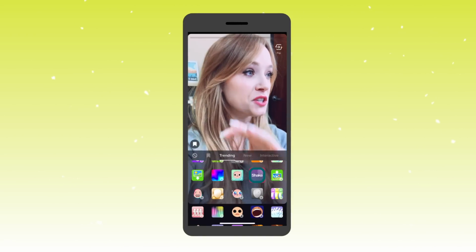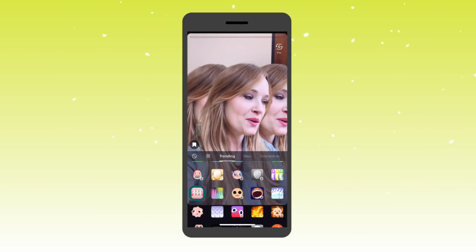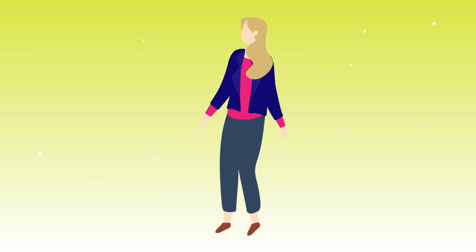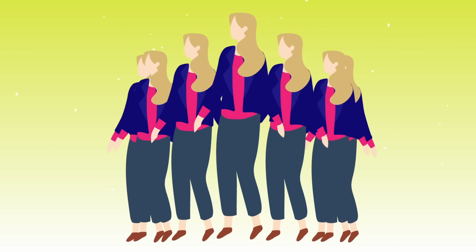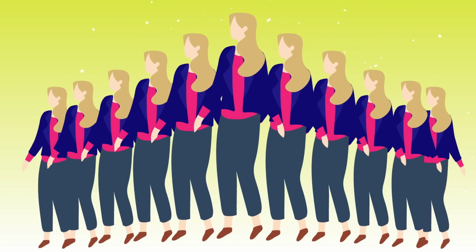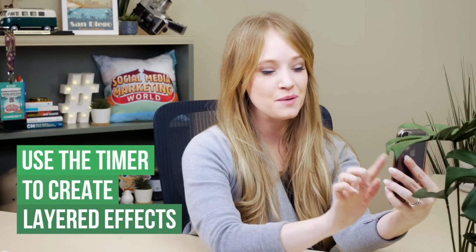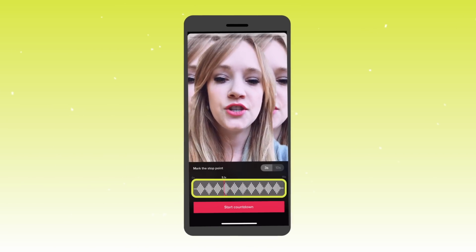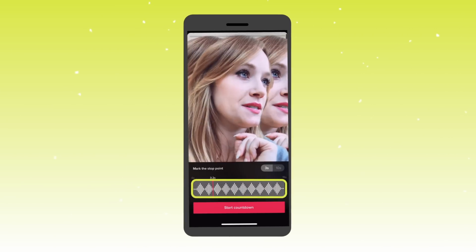Next up, we have shake. And this one is especially funny when you're trying to accentuate the stress or anxiety or emotion of a moment. And of course, where would we be without the clones? Just imagine what all you could create with 5 clones of you standing behind you, backing you up with every single move. You don't have to apply an effect to an entire video. You're gonna use the multifunctional, as I promised, 3-second timer and the little red line to indicate how long you want to use an effect for.